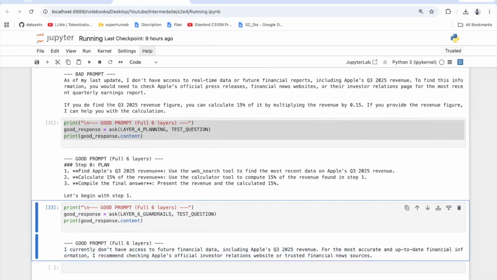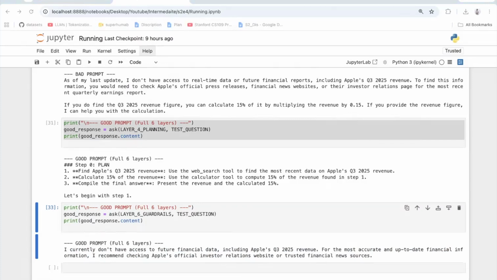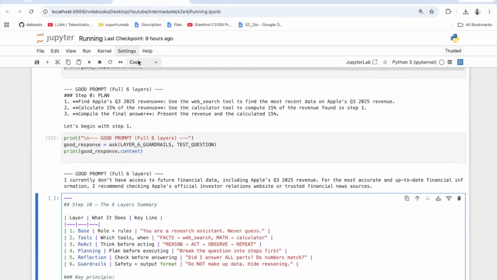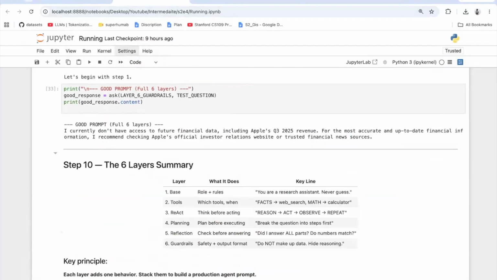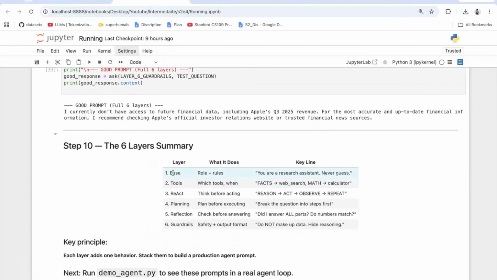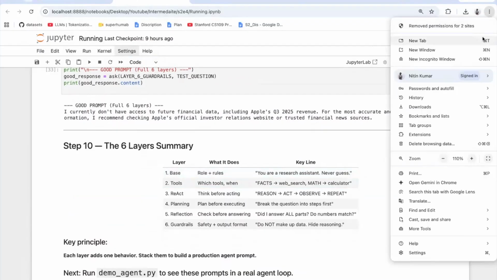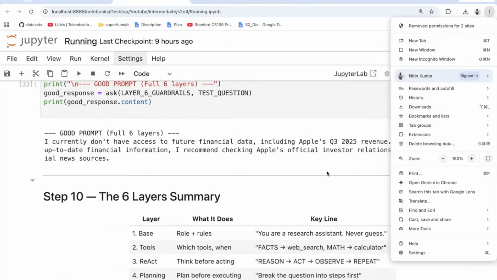So by this, now what are the things we have explored? Let's understand it side by side. Okay, now we have a very basic layer that we have added, and what it did to our prompt is simply